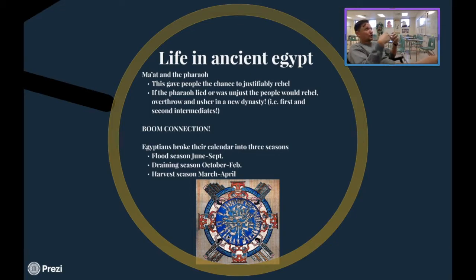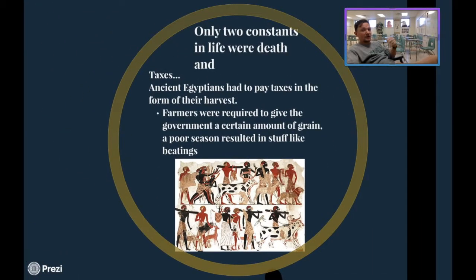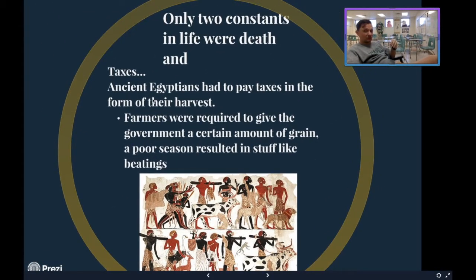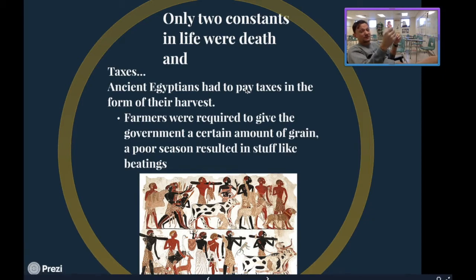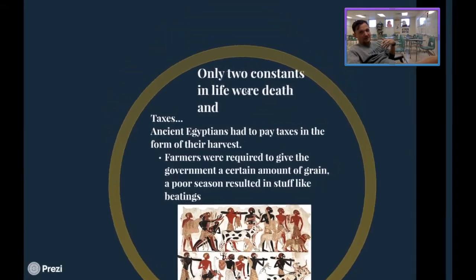For example, you saw ancient Egyptian homes being created in a certain style, right? You saw ancient Egyptian people functioning in a very different kind of way. You saw tax collection becoming much more efficient because ancient Egyptians paid their taxes in the forms of their harvest, right? Farmers were required to give the government a certain amount of grain to avoid getting a beating. Apparently, if you didn't farm enough stuff, they'd beat you, which is really messed up. But farmers were required to give the government certain amounts of grain to avoid a famine later on, and also because some grains were actually stored in temples to be sacrificial allotments to gods and things like that.